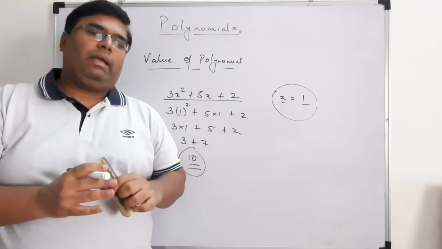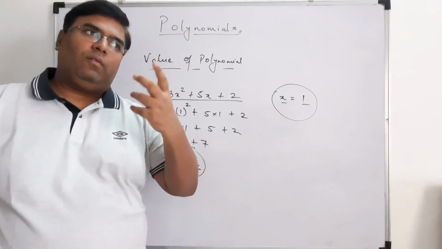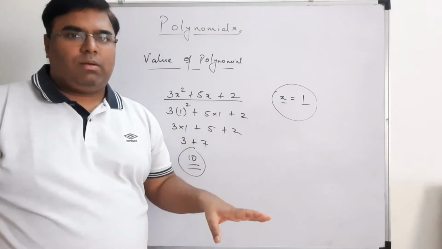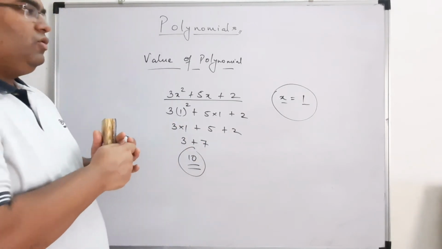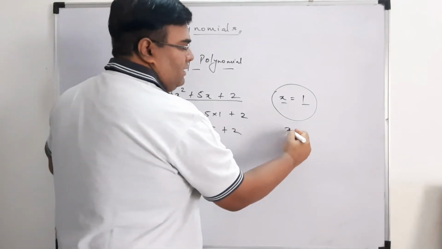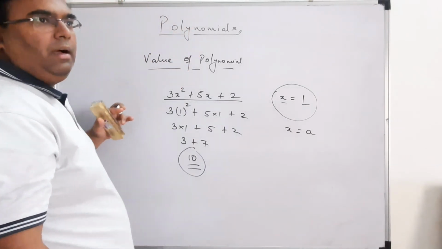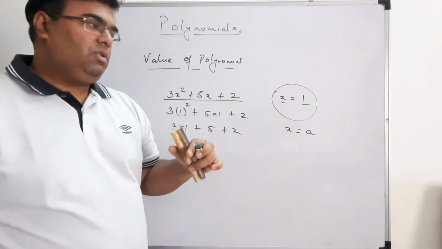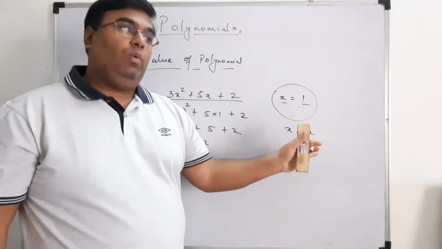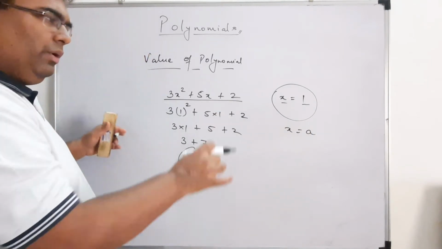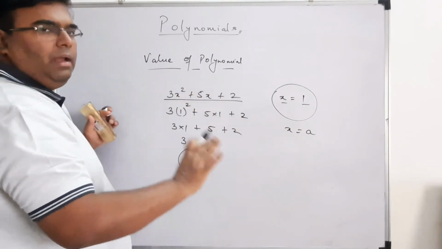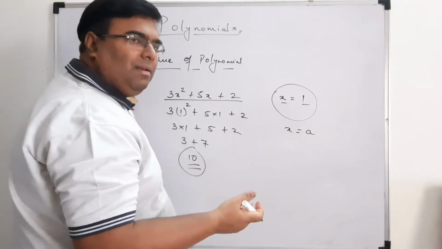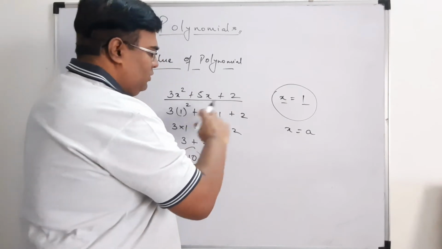So you can get a question like, find the value of the given polynomial at x is equal to some number. Even if you say that, let us put x is equal to a. I have told you earlier that for a constant thing we take initial letters. So if we want to check the value at x is equal to a, simply you need to replace the x by a. You don't need to bother whether it is number or a constant or a letter or something like this, right? So what here we will do,